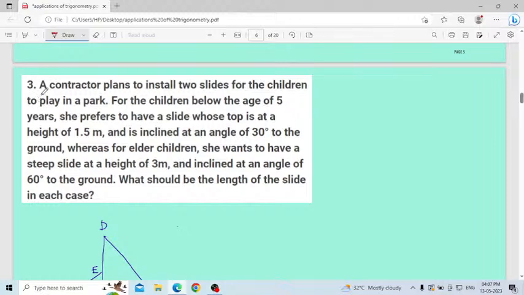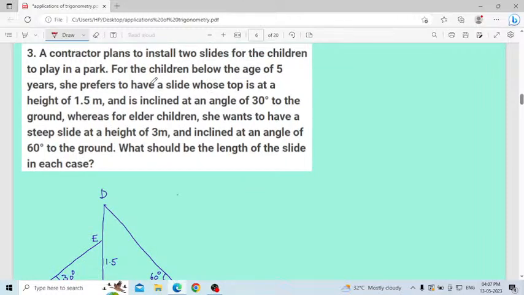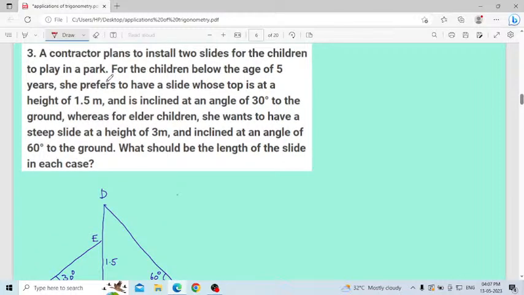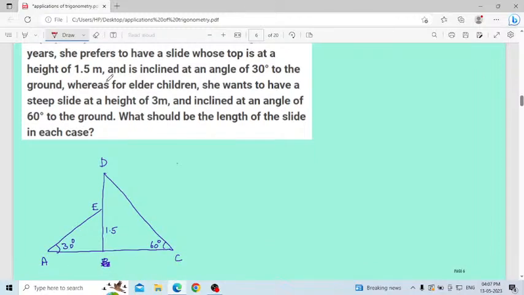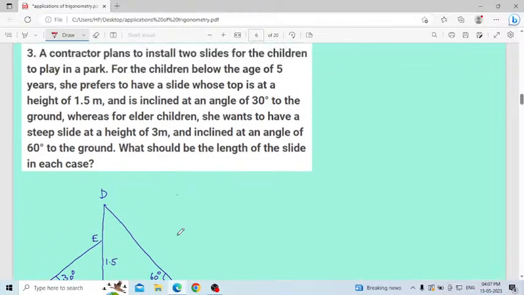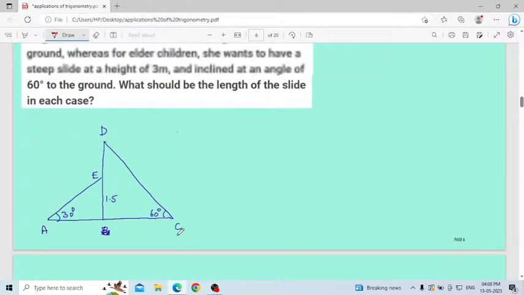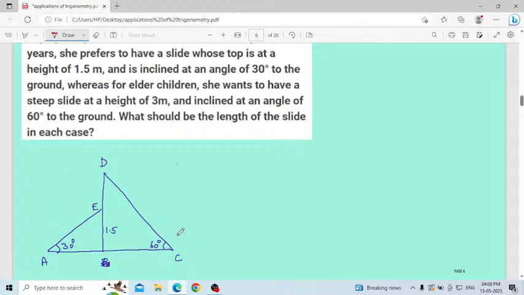Easy question. A contractor plans to install 2 slides for children to play in a park. Already I drew the diagram. Listen here. Here a contractor plans to install 2 slides. Okay, 2 slides. Consider here this one slide. This is the another slide. Okay, up to here I will stop. Okay, 2 slides